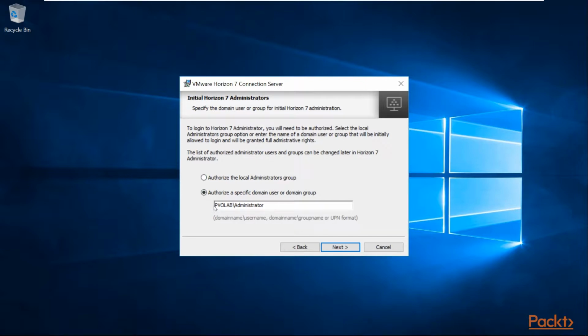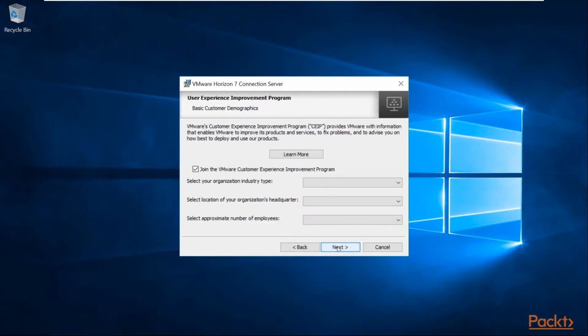So note that you need to add the domain name, / and then the username in that particular format. So in this example, we're going to go with our PVO Lab domain, and we're going to use the administrator account. But you may have a separate view admin account, or however you've set that up if there's specific Horizon administrators you want to add. Next, to continue,